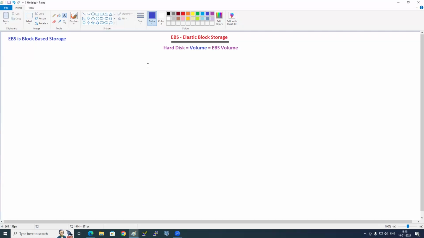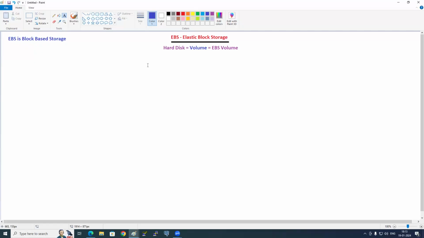What does the root volume contain? Operating system. Because when you're launching the EC2 instance, the C drive should come, no? When you're purchasing a laptop, your laptop has an operating system which has a C drive. That is a default hard disk. Here also, for an EC2 instance, you have a default volume. What is the default volume called? Root volume. What does the root volume contain? Operating system. If I see any operating system in any volume, what volume is that? Root volume. What does the root volume contain? Operating system.